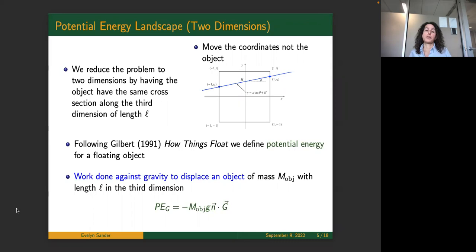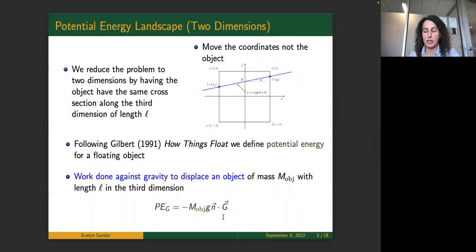The work done against gravity to displace an object of a certain mass, and I'm just assuming the L in the third direction, but I haven't explicitly put it in here, so you can simplify things because you don't need to worry about this length, is just given by minus mg times n, the direction facing out of the water, which is why there's a minus sign, dotted with